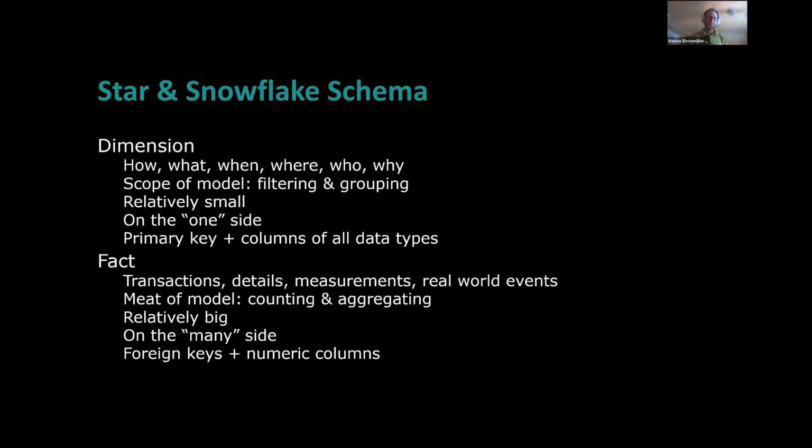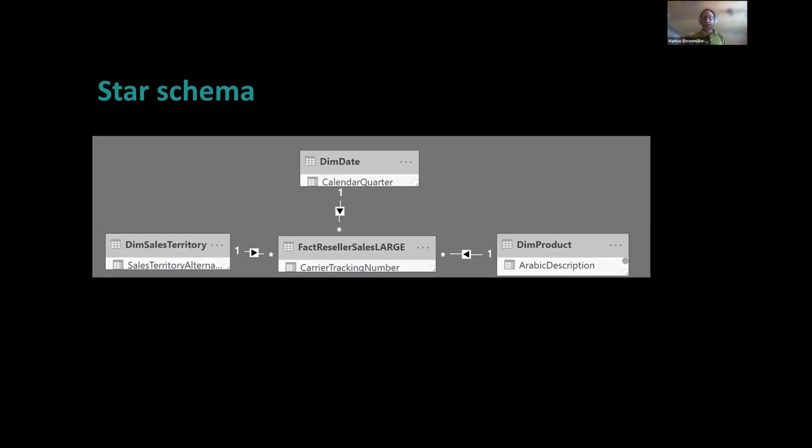So a star schema would mean that we have a fact table and then we have dimension tables around it. You see the dim product. I mean, in the real world model, I would not name it dim date. I would just call it date, because dim date is confusing for the end users. They don't care if this is a dimension or a fact. So think about this just as a date table, and this would be the fact result, say, sales, with a blank in there, the sales territory, and the product. And those are the dimensions. So they're on the one side, as you can see here, the dimensions, and the fact table is on the many side in between. And we only have one-to-many relationships, and we have only single directed filters in here.